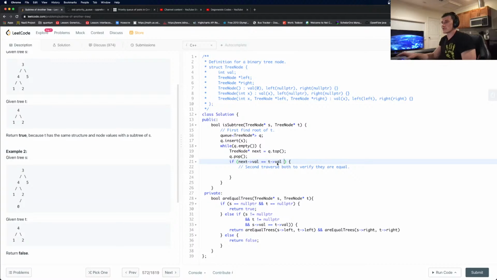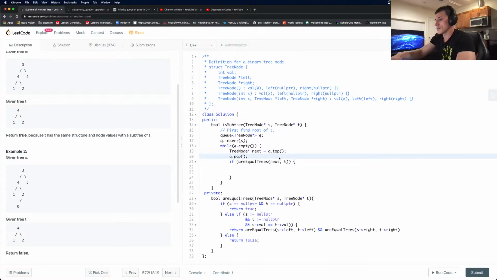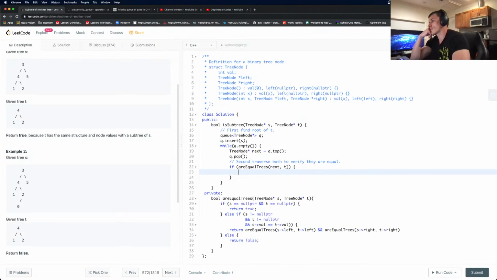Should I just say are equal trees, because we will basically check exactly this and start checking their subtrees, so we don't need to. Yes, exactly. Cool. So all we need is to try are equal trees next and t, right? Return true, else